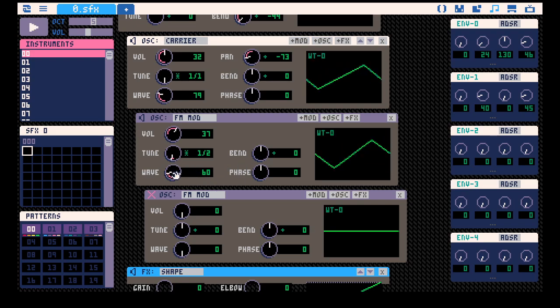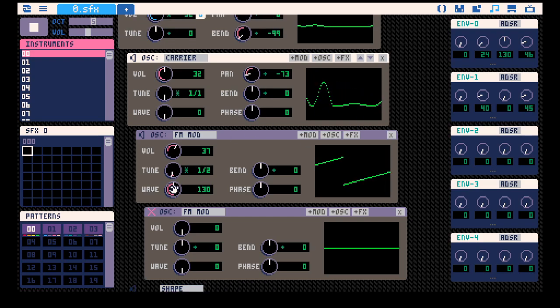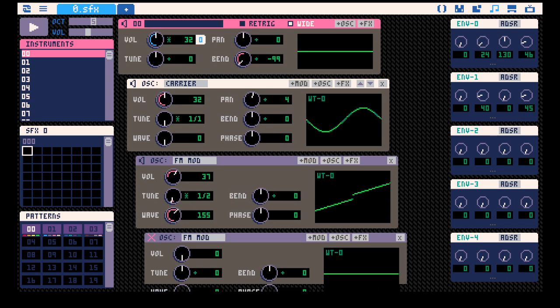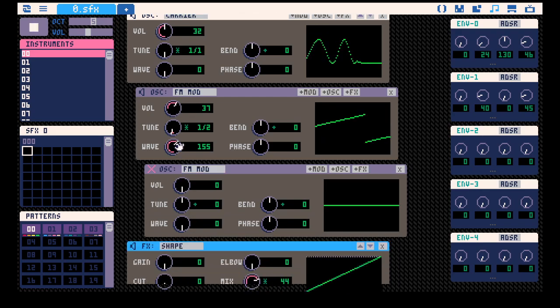And I don't recommend you really push this wave up for frequency modulation, and I'll both demonstrate and explain why. So, as you go further up, you start to get into the saw wave, and then you get this sort of thrumming sound. Let me set the panning back to middle, actually. As you go further, you start to get into the square waves. And then once you get into the pulse waves,